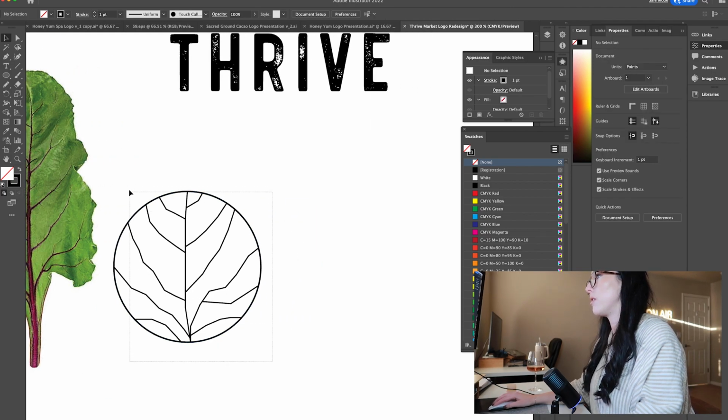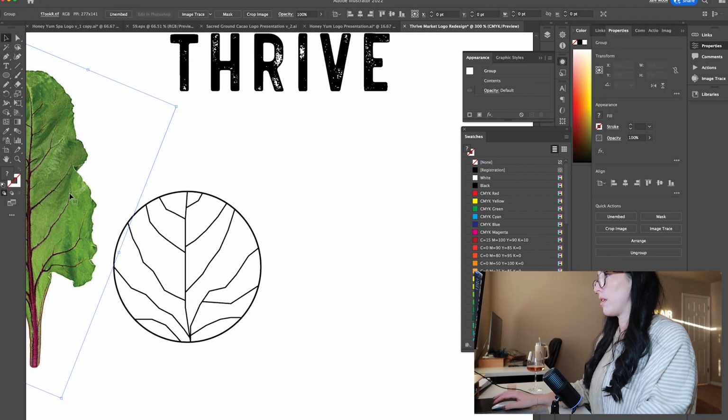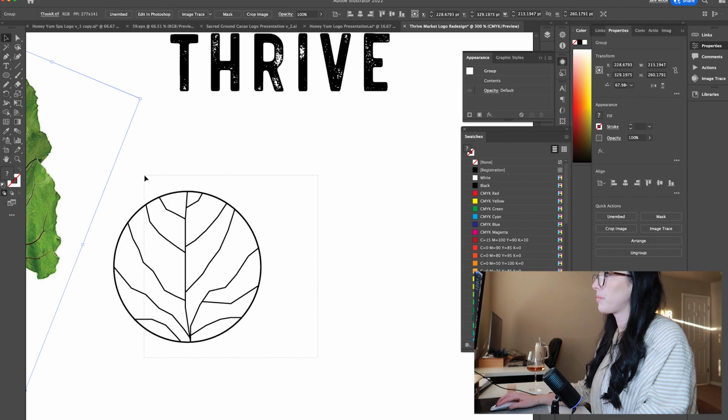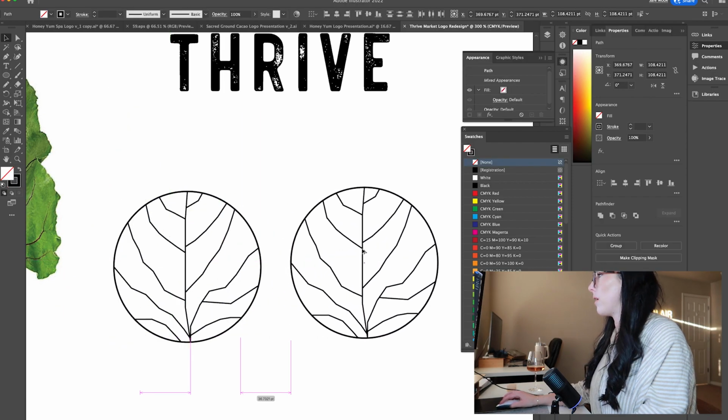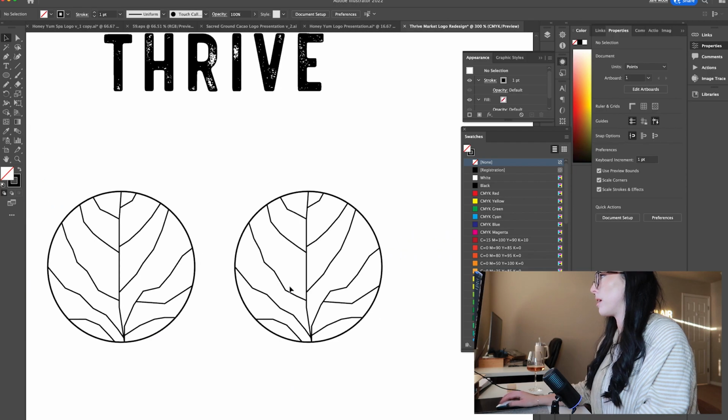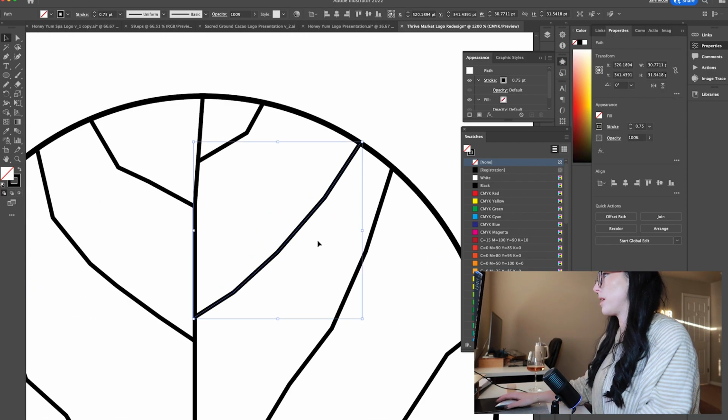Okay, now I'm gonna copy this over, and in order to make these lines match in weight, I'm gonna just decrease that. Scoot this over. Okay, now let's try with it rounded. So to do that, I'm just going to